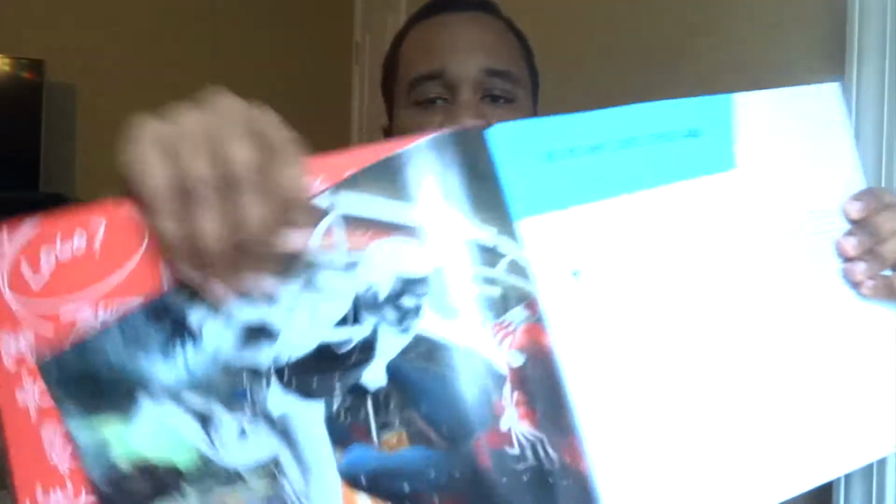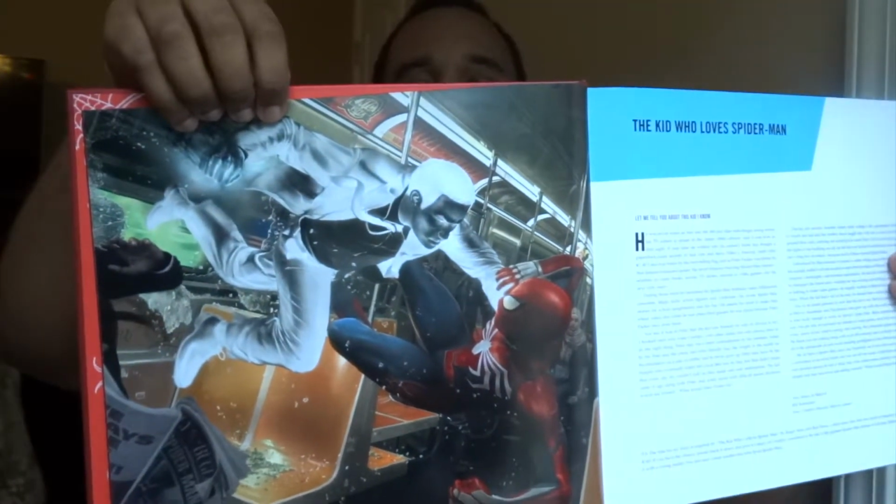and it's titled "The Kid Who Loves Spider-Man." So if you're a Spider-Man fan and you've read the old Spider-Man comic books, you'll know why that's important. He also explains why it's important in the introduction, but you'll know. And then it's also partnered up with that awesome image of Spidey fighting Mr. Negative in the subway. Then you had the epic scene from the trailer of Spider-Man landing on that helicopter with